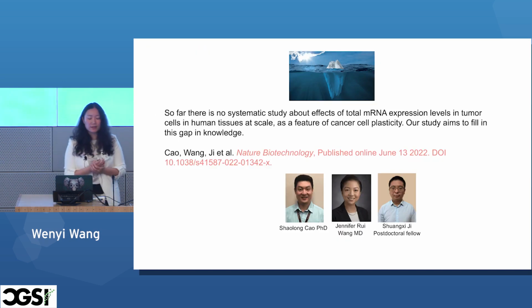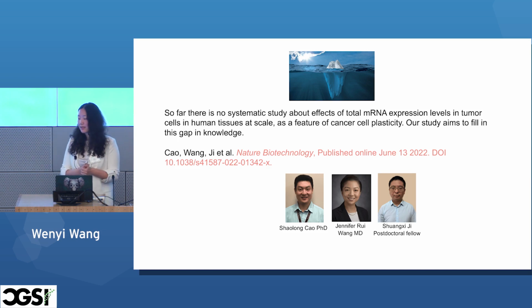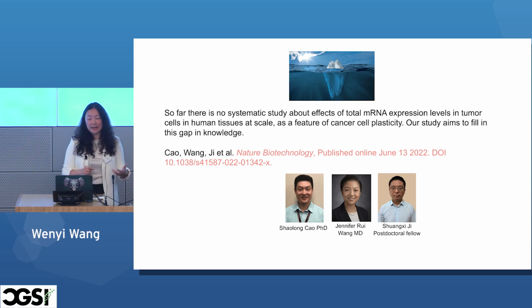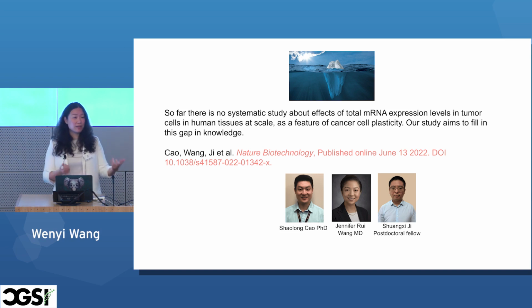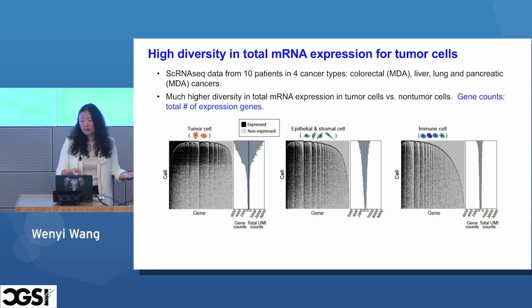So what does that indicate to us as we found with DMXT? So far there's no systematic study about the effects of total mRNA expression levels in tumor cells in human tissues at scale, and to prove that it's actually a feature of cancer cell plasticity. So our study aims to fill in this gap in knowledge, and this is a paper that just came out at Nature Biotechnology. So we started out by first checking, okay, is there high diversity in tumor cells in our